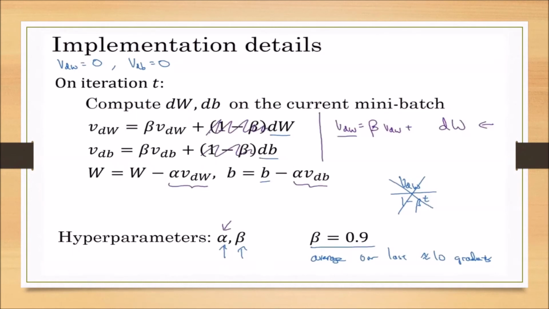Sometimes some people may not include this 1 minus beta term. That is also fine, but it is advised to include the 1 minus beta as well, to get the minimum number of iterations and to find the minimum value of the cost function in a very fast way. This is how gradient descent with momentum gives an extra edge to find the minimum value of the cost function with very few iterations, and a slower learning rate in the vertical direction and a faster learning rate in the horizontal direction compared to our conventional gradient descent.